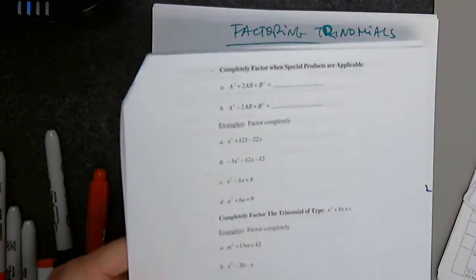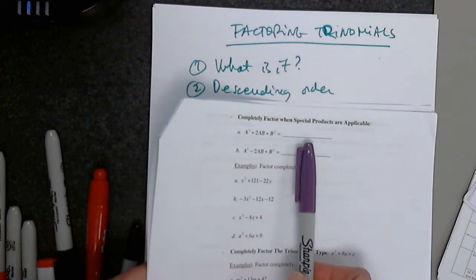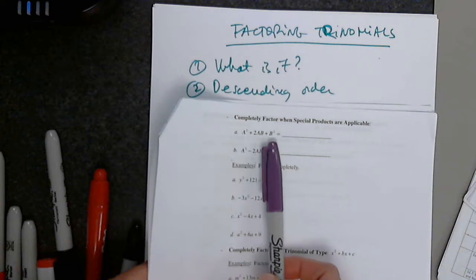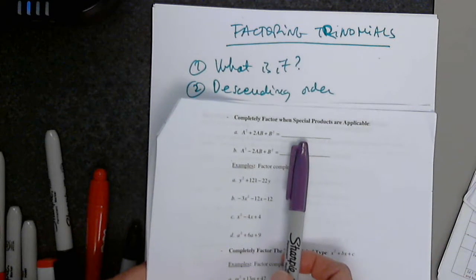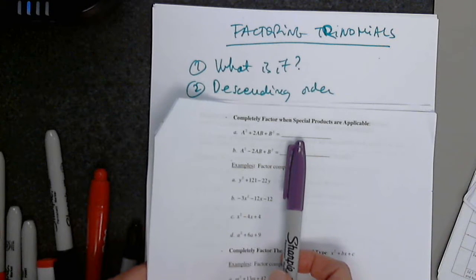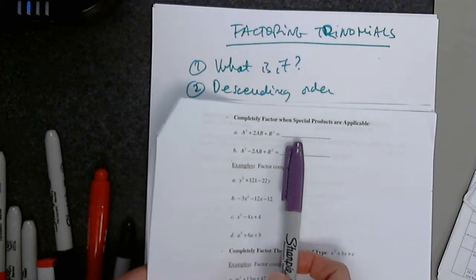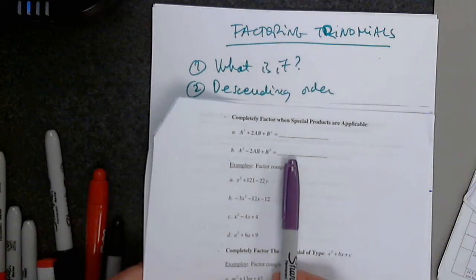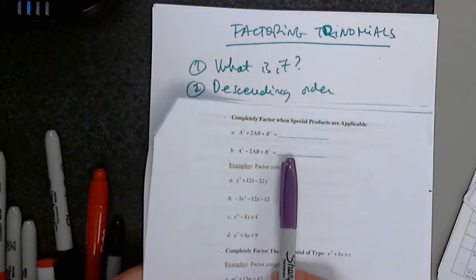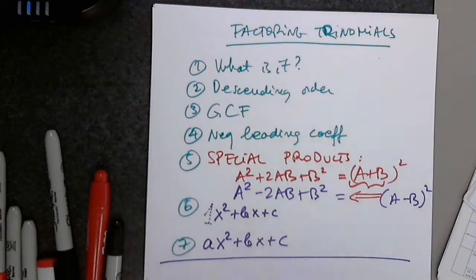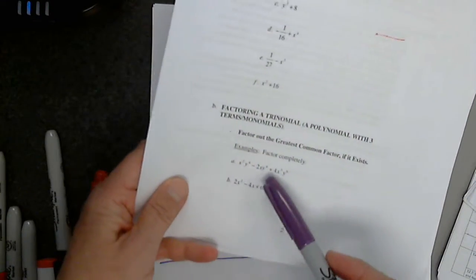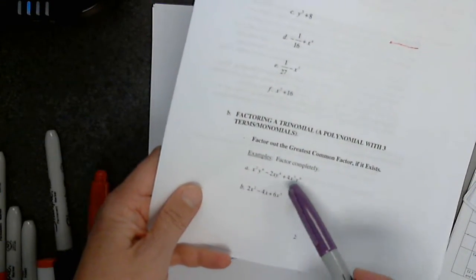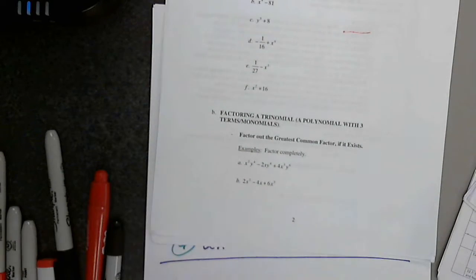So if you want, on page 3 at the top, you can put the formula in. A squared plus 2ab plus b squared is what again? A plus b squared. Yes, that's why a plus b squared is 3 terms, as we know. And a squared minus 2ab plus b squared equals what? A minus b squared. Very good. Good, but before that, I would like to just factor the greatest common factor here in 2 examples before we